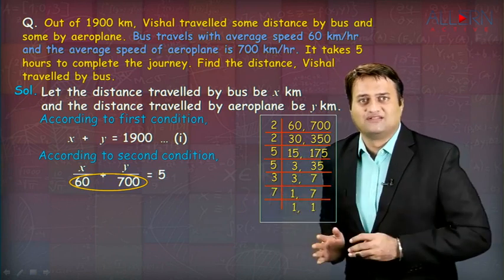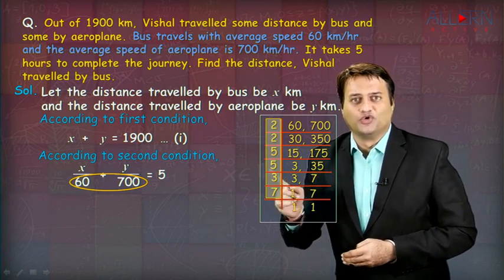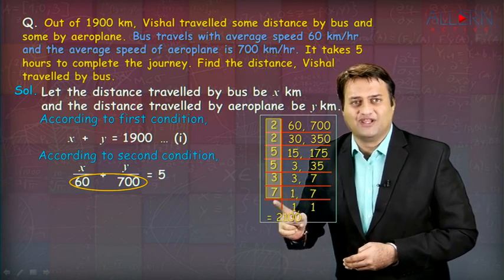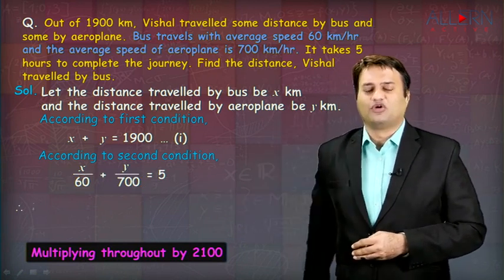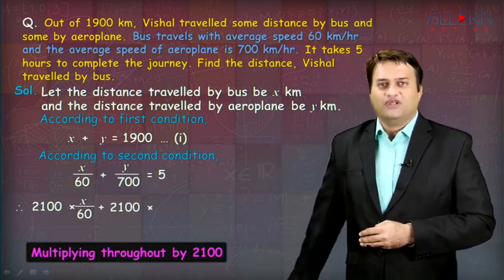Right? Now let's find the LCM. How do we do it? 2 into 2 into 5 into 5 into 3 into 7. So your LCM is 2100. So let's multiply throughout by 2100. We get